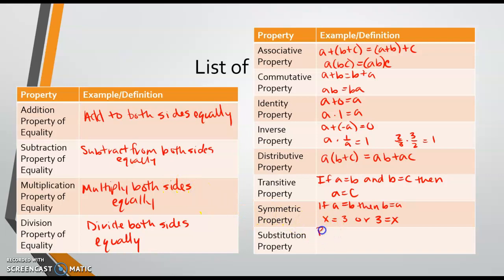This is where we replace. And we've used this one several times when we were just using substitution with expressions. Some of us have used it to solve a system of equations. So substitution property is used quite often if we want to check our answer. So if I tell you that x equals 4 and give you 2x minus 3, then